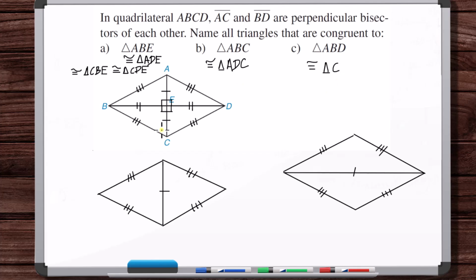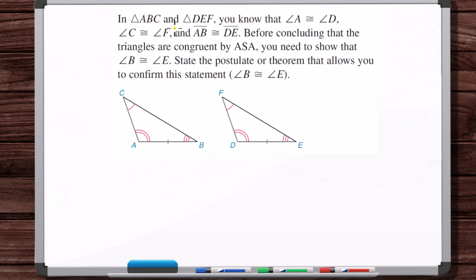In triangle ABC and triangle DEF, you know that angle A is congruent to angle D, angle C is congruent to angle F, and segment AB is congruent to segment DE. Before concluding that the triangles are congruent by angle side angle, you need to show that angle B is congruent to angle E. State the postulate or theorem that allows you to confirm the statement that angle B is congruent to angle E. Okay, well, so if we ignore this angle congruence, then we can use angle side